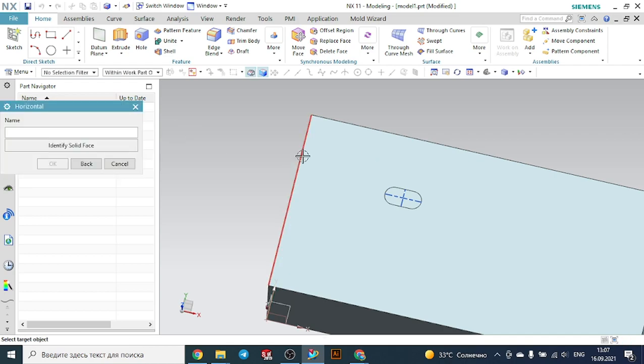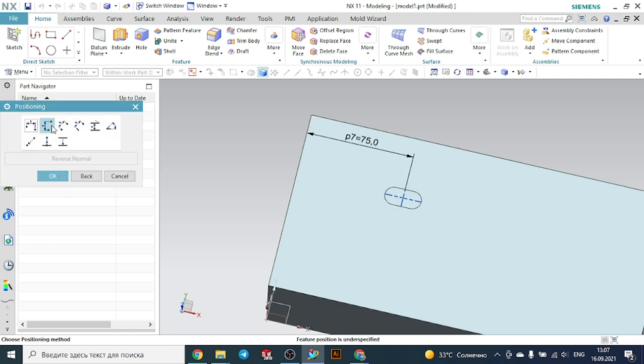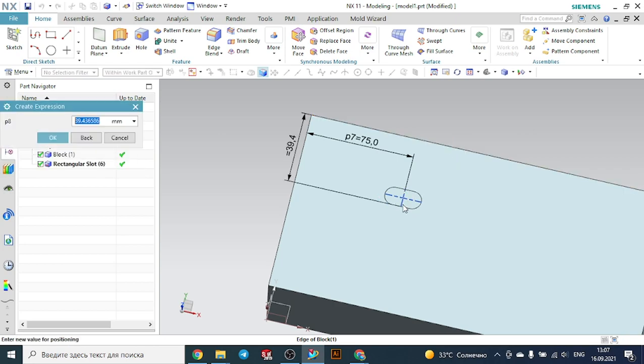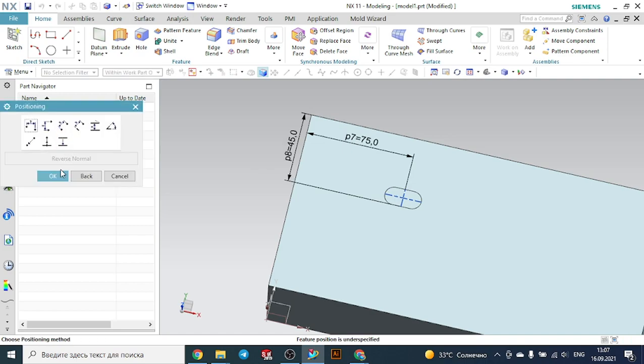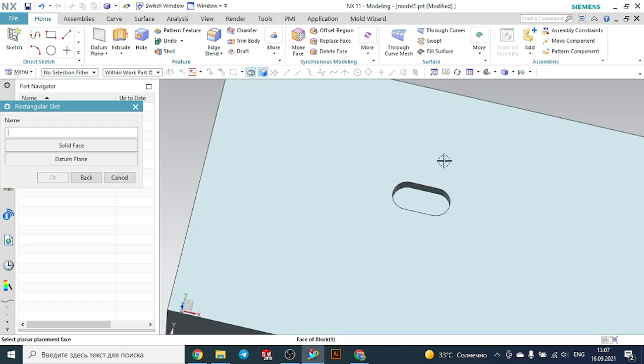So distance from here to here, let's make it 75. Press OK, and distance from here to here, let's make it 45. Press OK. Okay, you see the rectangular slot is created here,